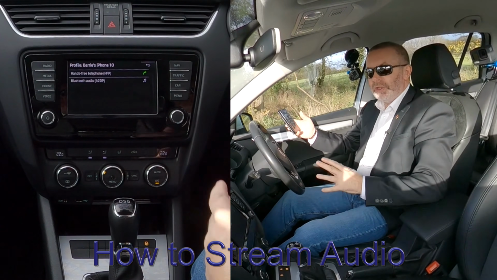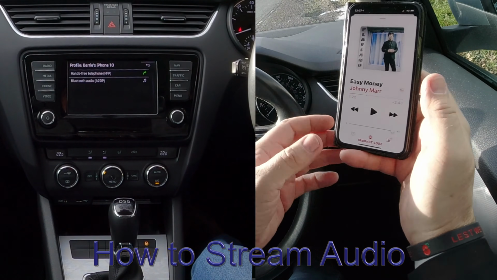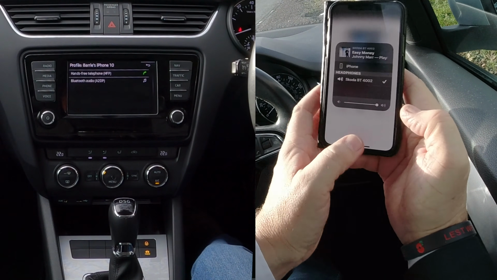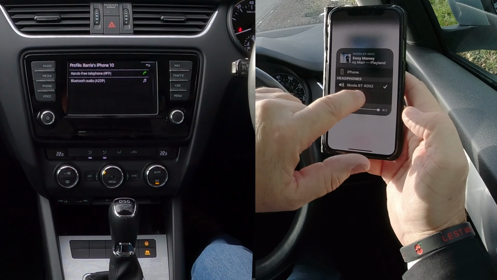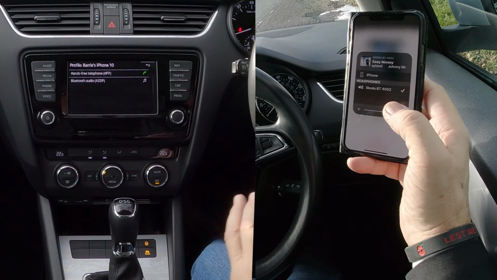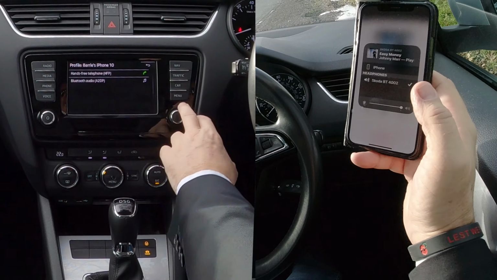I'll just show you how to stream audio through the Bluetooth system in this SKODA. If you go to your iTunes here, you'll see their SKODA BT at the bottom, but if you can't see it, just click on the red triangle with the 3 red circles and then you've got a choice. If for any reason SKODA BT 4002, or whatever the number of your car is, isn't there, then go to menu,